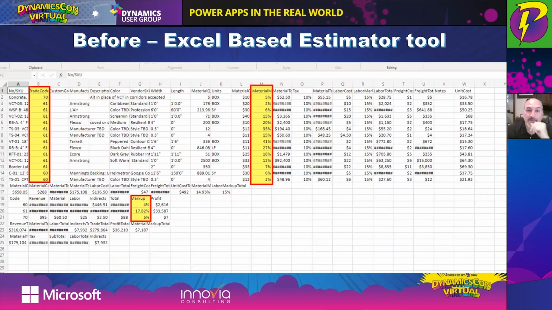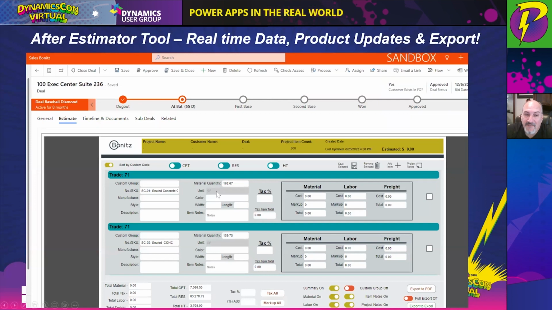Another example is how many people got Excel spreadsheets like this where they're trying to calculate out a whole bunch of things for the business, right? Old school people have hundreds of these. They could get corrupted. How about a Power App Canvas app running embedded inside of a model-driven Dynamics app? You can do that too. This app does all the calculations. It even exports to PDF and back to that Excel format, all using Power App code, low code, no code.